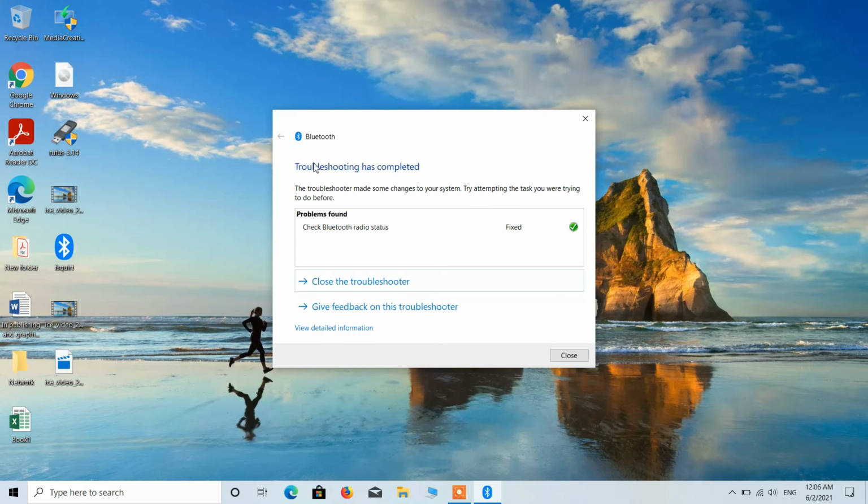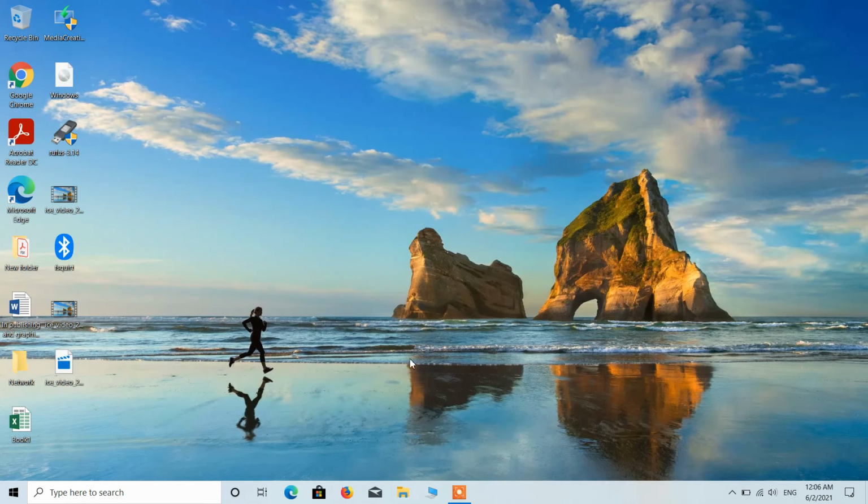You can see that the troubleshooting has completed and it has fixed your issue also. Just click on the close button. So this is the second method that you can try out to fix the problems in sending or receiving Bluetooth files. Now let us move to the problem number 3.